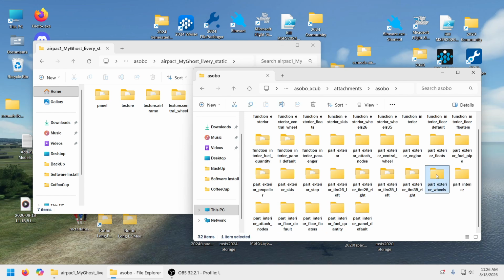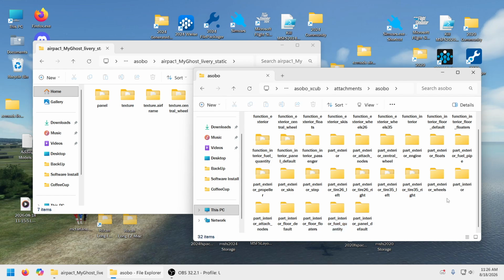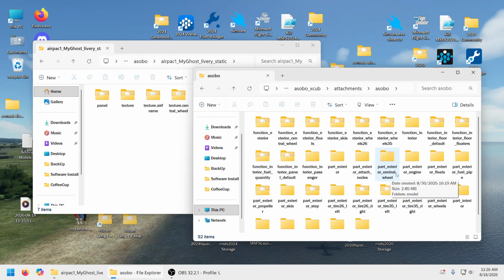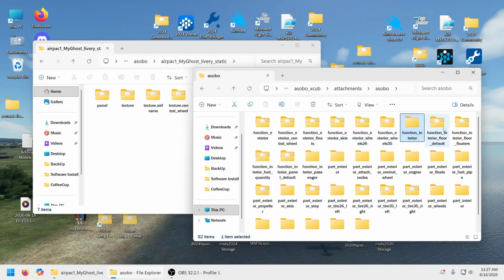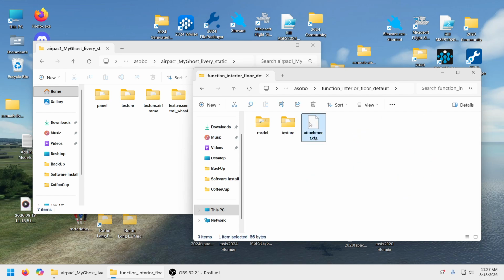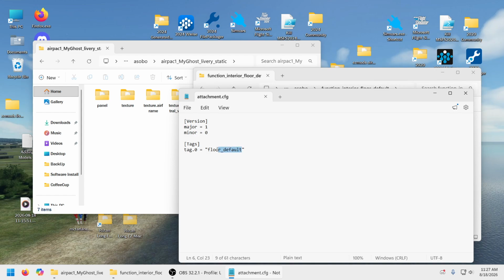Part interior, floor default. I'm looking for one that has a, none of these seem to have it. That would be in this part, wouldn't it? There it is. That tag is what we need